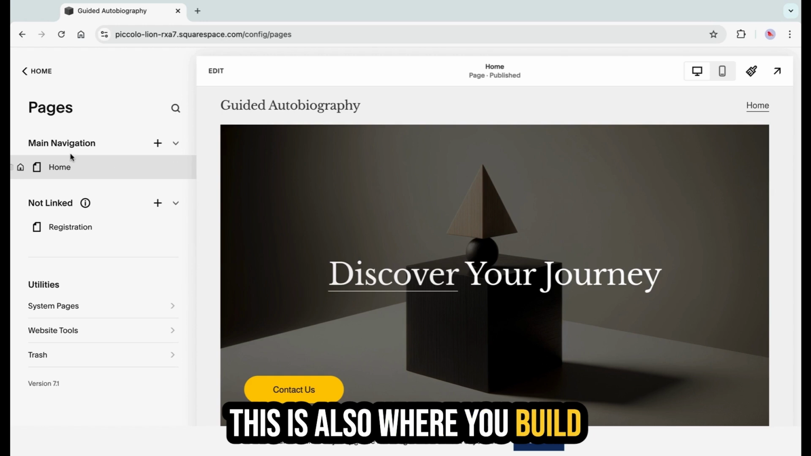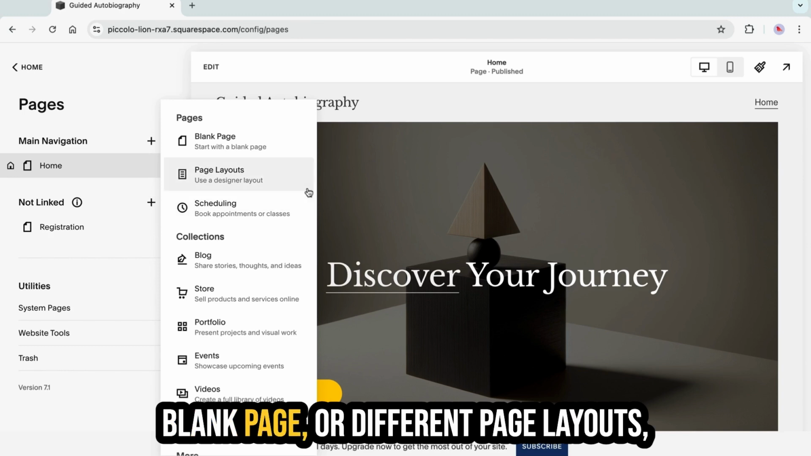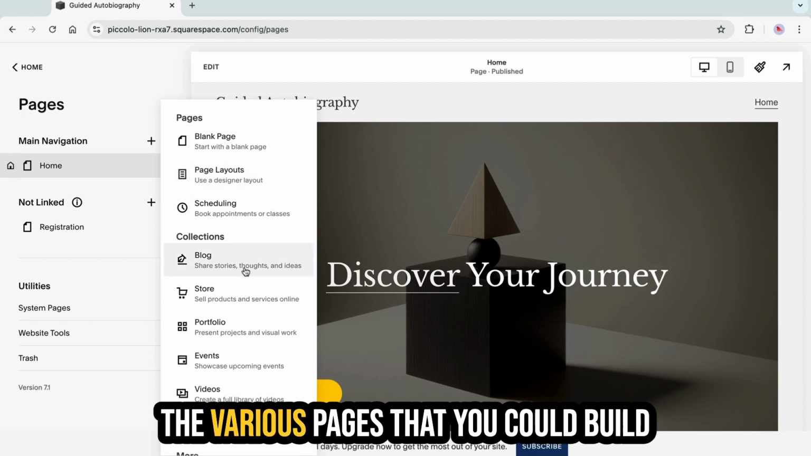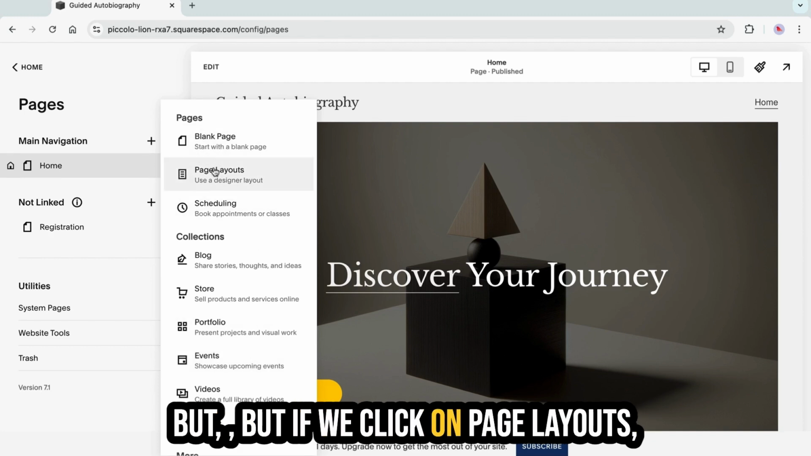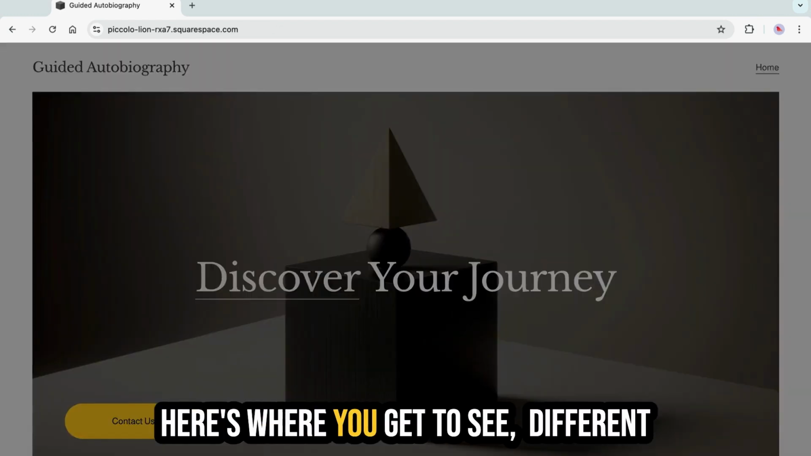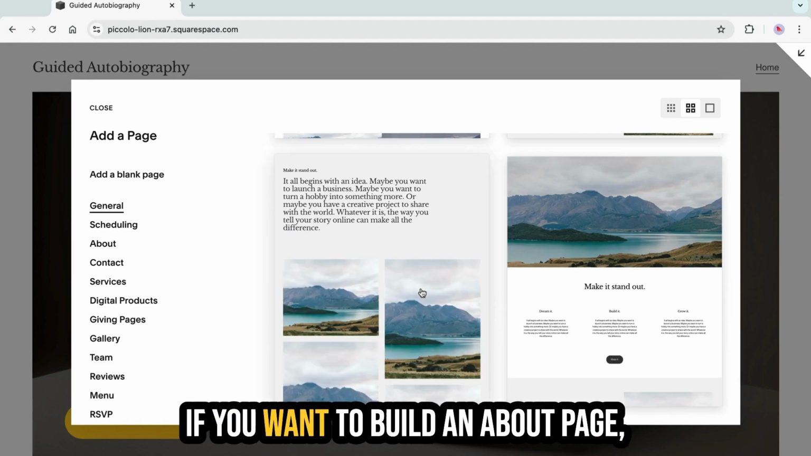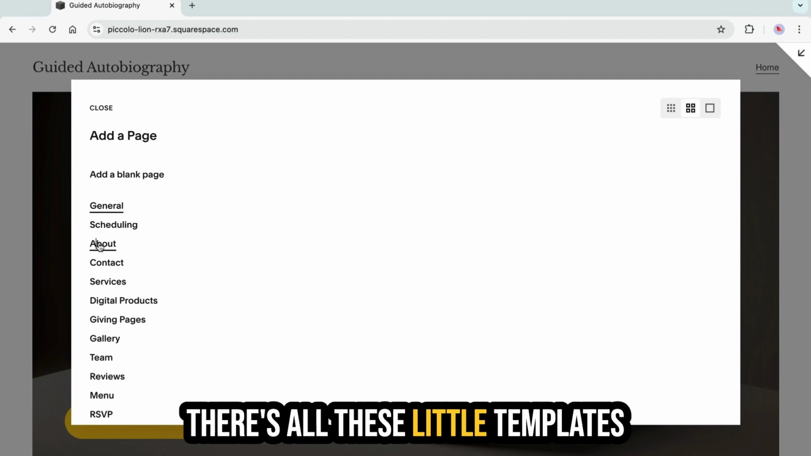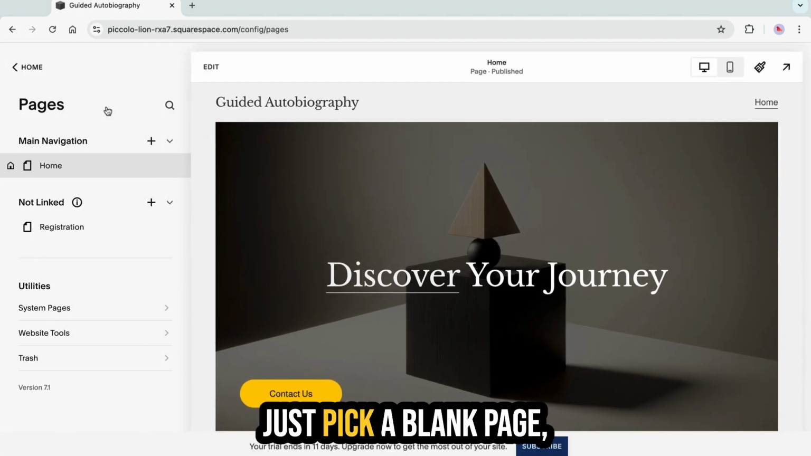This is also where you build new pages if you need to. You would click on that plus sign, and then you have the ability to pick a blank page or different page layouts or a scheduling thing, or these are the various pages that you could build. I generally start with a blank page, but if we click on page layouts, here's where you get to see different things that the page could be. If you want to build an about page, there's all these little templates that you could pick. So for instance, if we just pick a blank page,